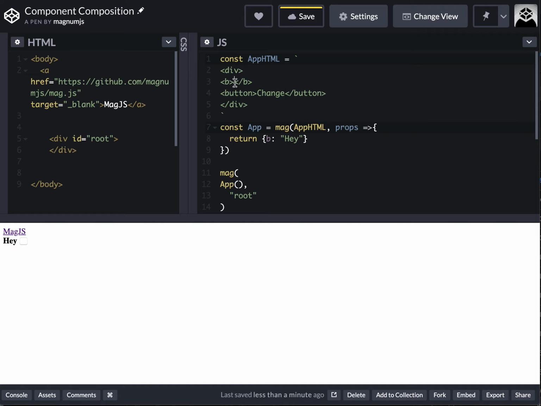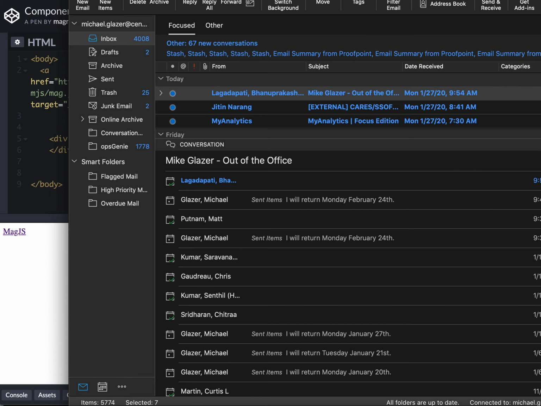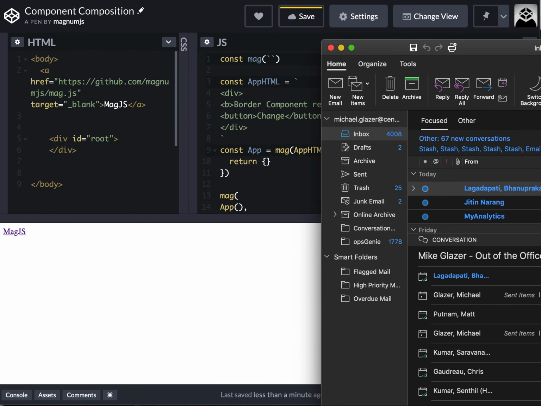But what we really want to do here is a border component that's reusable with the caller's children. So this is called component composition. You take one component, you put it into another one. All right. So the first thing we're going to do here is create our border component. Now this will be a generic component that can be used by other people, and all it's going to do is house a very simple border, and in that border, you might do some things,